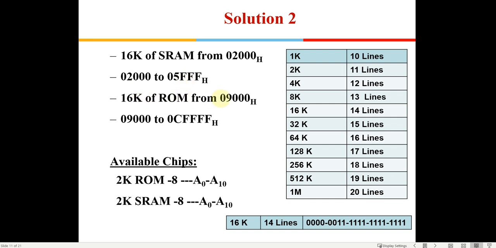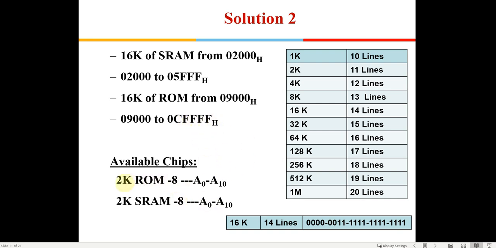Then the ROMs start from 9000. Again you add 3 Fs, and then you will get C triple F. Here 4 Fs are given. Is it correct? I think there should be 3 Fs, so there is one F extra given here.